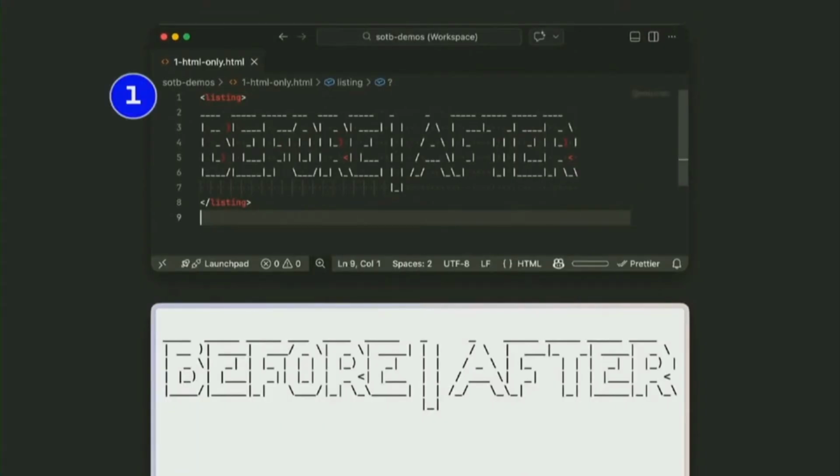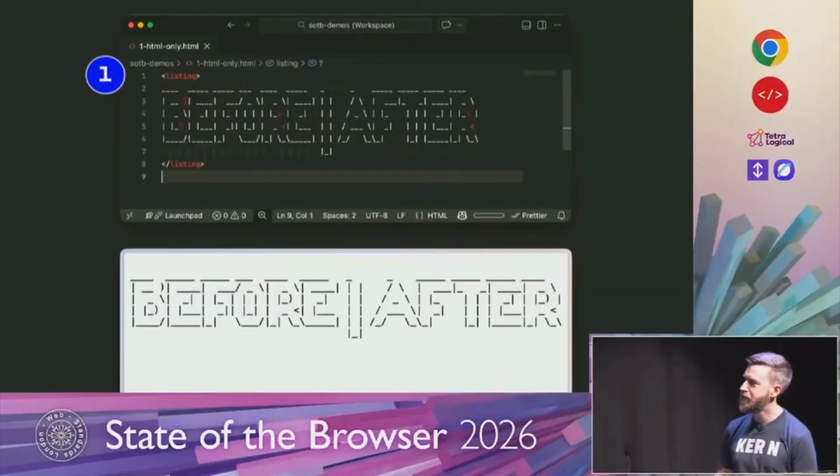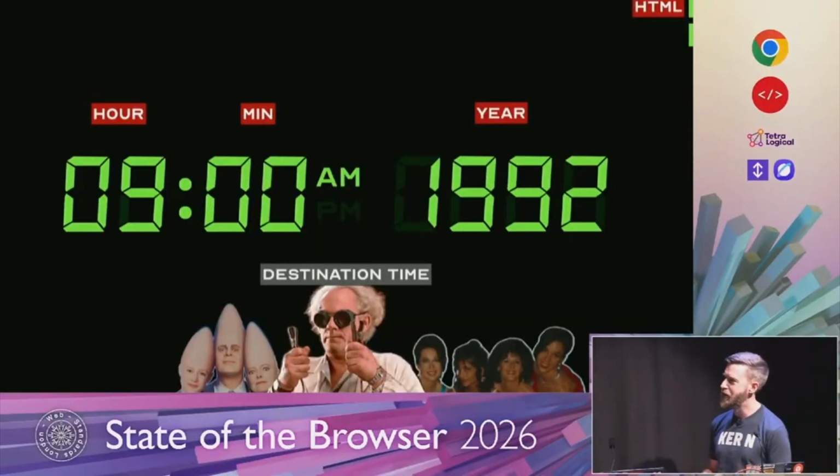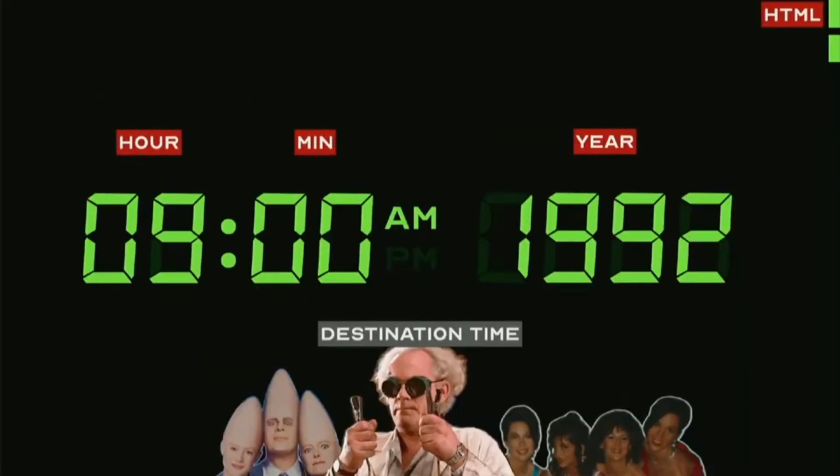The more appropriate one for this use case that doesn't vacuum up the rest of the document is the listing element. It still works, and it allows you to have embedded pre-formatted text. It preserves your white space. But no, I think we've maybe spent a little bit too much time on that, so let's move forward a